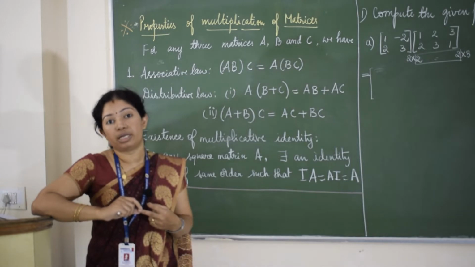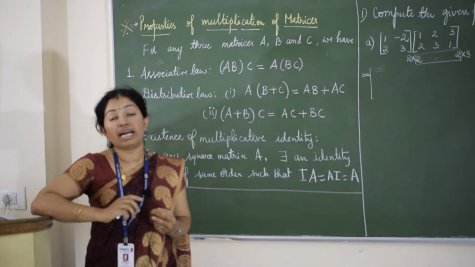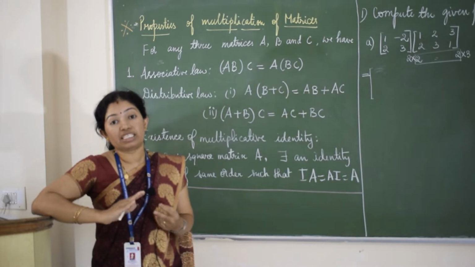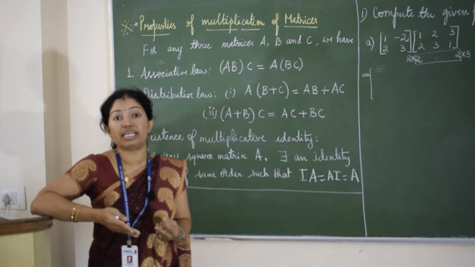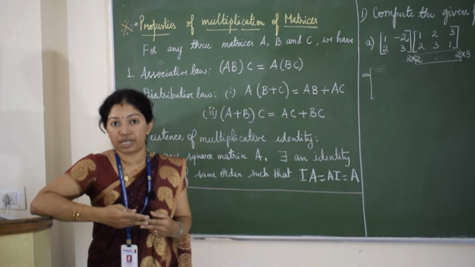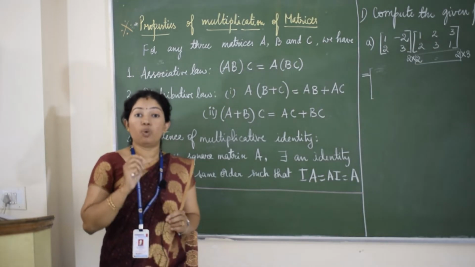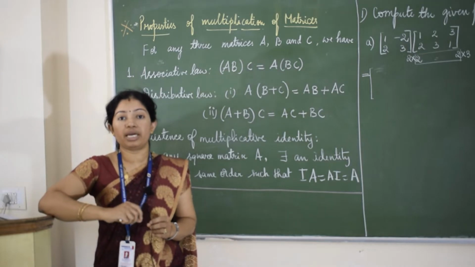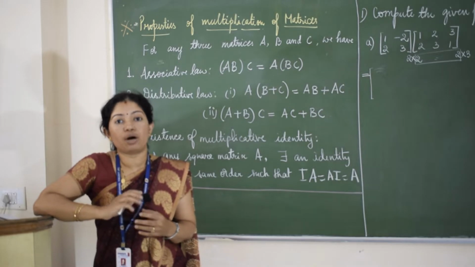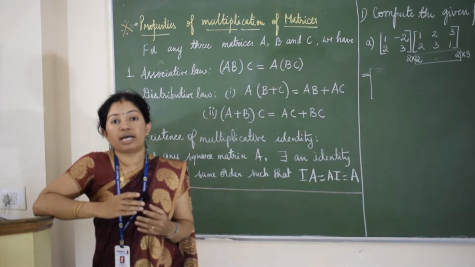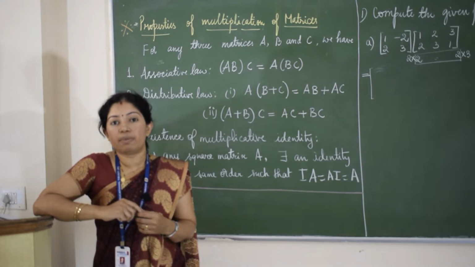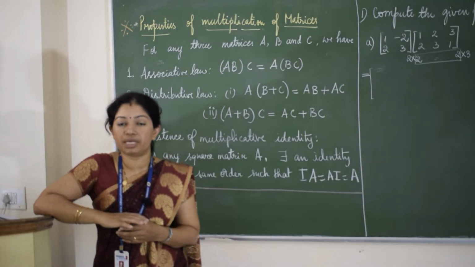Next, third one, if you take any two matrices and multiply, sometimes you may get a zero matrix. So, matrix multiplication giving a zero matrix does not imply that any of the taken matrices should be a zero matrix. And matrix multiplication will become commutative when you take two diagonal matrices of the same order. All these points you have to keep in your mind so that you can crack the competitive exam problems. Now, let us learn about properties of matrix multiplication.